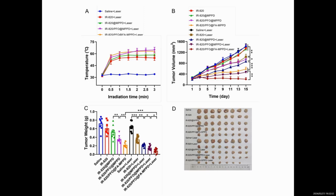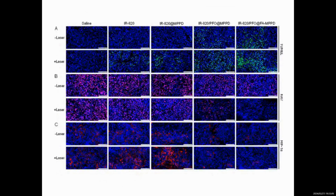Upon laser irradiation, free IR-820 and IR-820 loaded MPBD exhibit significantly enhanced tumor cell HIF-1 alpha expression, suggesting that photodynamic therapy worsens tumor hypoxia. In contrast, IR-820 and PFO co-loaded MPBD and IR-820 and PFO co-loaded FA-MPBD exhibit low